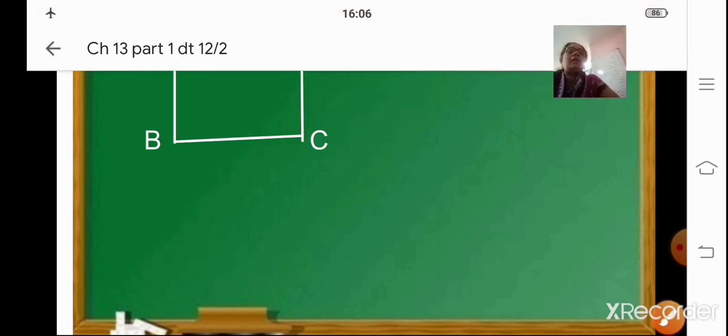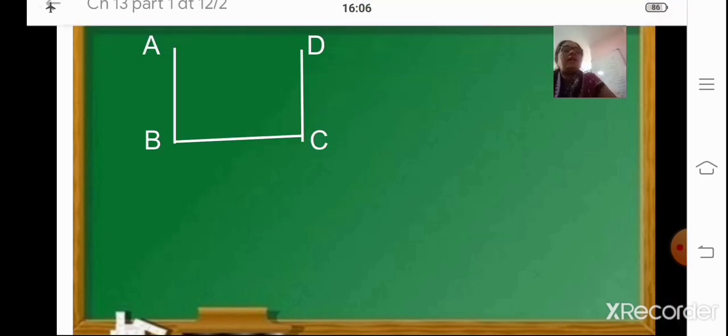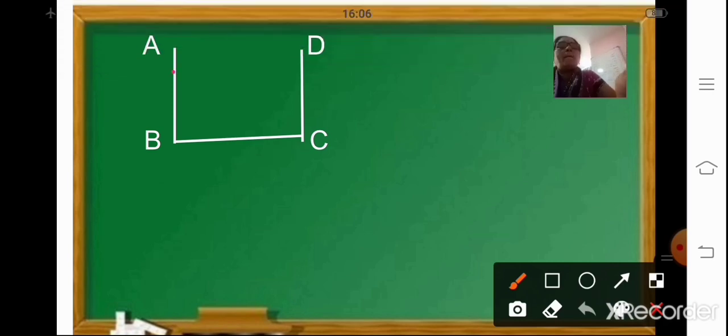Now let us take a look at this figure. Here, when we start from the point A, we move along to point B, and then from AB to BC, and then from BC to CD. Now after D, we cannot move to the starting point, that is A. Why? Because it is an open figure. So we cannot find the perimeter of an open figure. Only in a closed figure is it possible to find the perimeter, whereas we cannot find the perimeter of this figure, because it is an open figure.